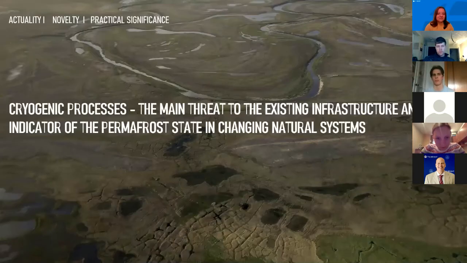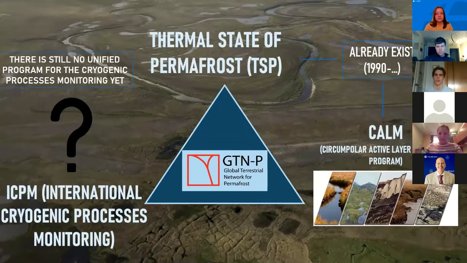All of us who study permafrost know that cryogenic processes are, first of all, the main threat to existing infrastructure, and a really bright indicator of the permafrost state in changing natural systems. There are two huge international programs for permafrost monitoring. First is Thermal State of Permafrost, which is supported by NSF, and the second is CALM, the Circumpolar Active Layer Monitoring Program. I participate in CALM more actively, but in 2018 I was at the AGU conference, and I